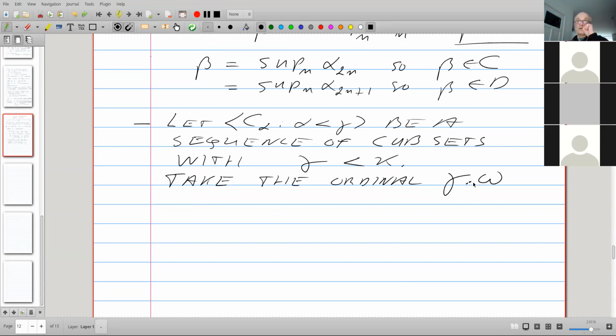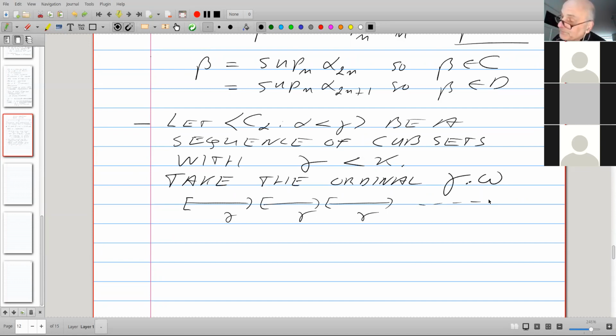Take the ordinal gamma times omega. That means omega copies of gamma. That's the ordinal that we're taking.